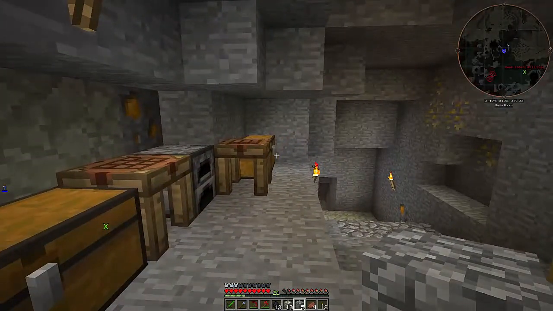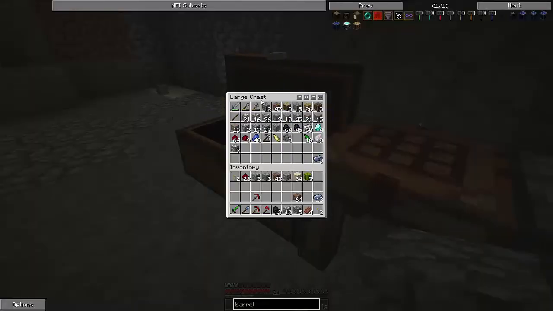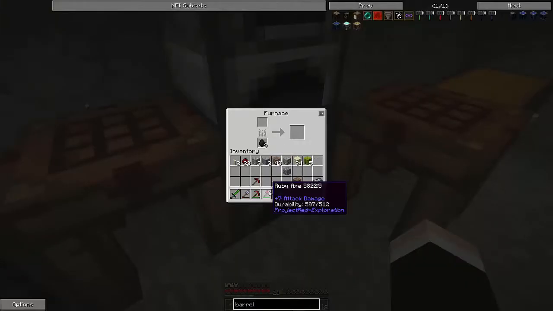Okay, so one of the first things we probably want to do is build a pulverizer. However, what we're probably going to want to do is just build an extra furnace just now. We're going to need to smelt a few pieces of metal. Okay, just in case you don't know, to do that, if you just push the mouse wheel